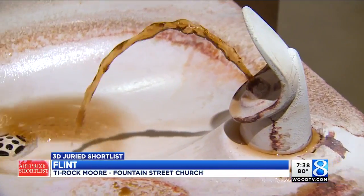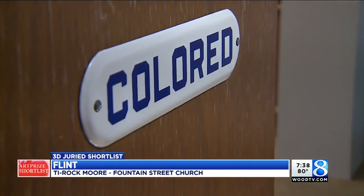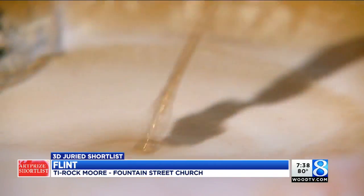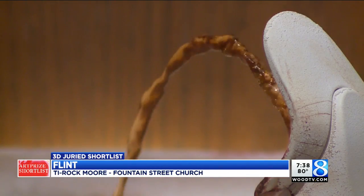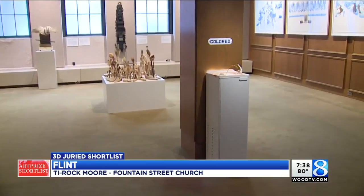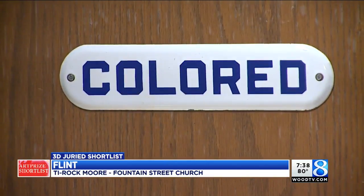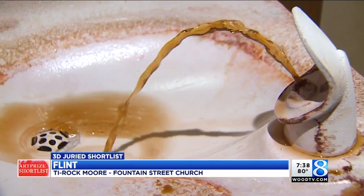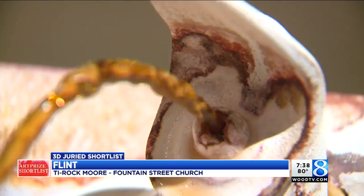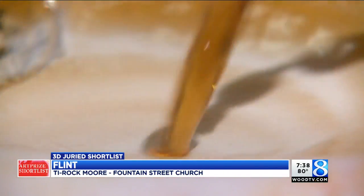Definitely. Next up, Flint by T. Rock Moore over at the Fountain Street Church. Obviously, by the clapping of the crowd, this is definitely one that I think is probably one of the most powerful pieces that I experienced, along with some of the others that my fellow jurors have picked. Number one, it's in a really great exhibition space, the Fountain Street Church. But walking up to this sculpture and having the dirty water continually going, and the